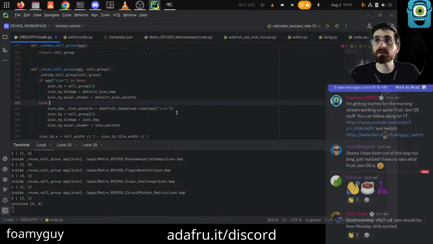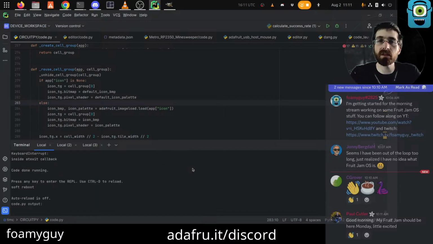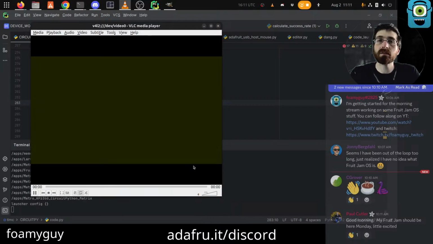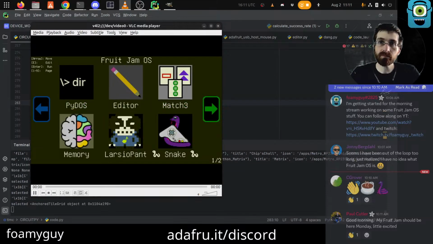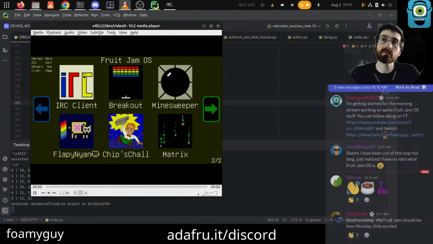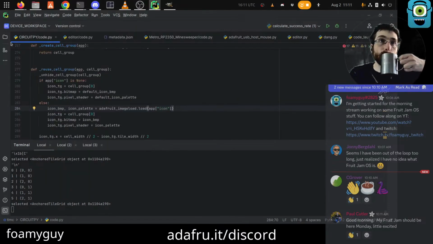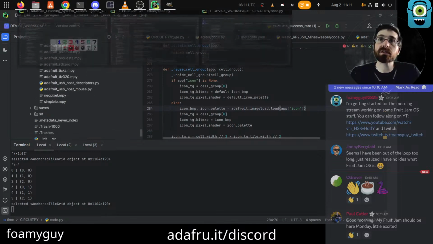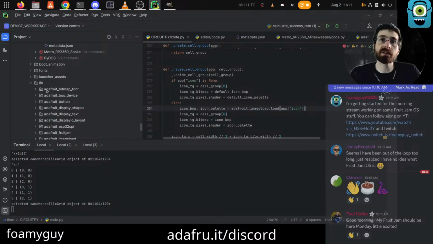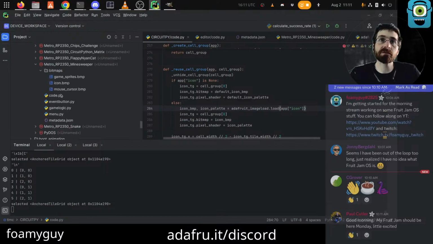I just had to wait an extra second. I have totally seen that before, where my computer thinks that manipulating that file is done, but CircuitPython is not actually done yet. All right, cool. So that is nice that we can have it inside of its own little bitmaps folder there. I do like that.